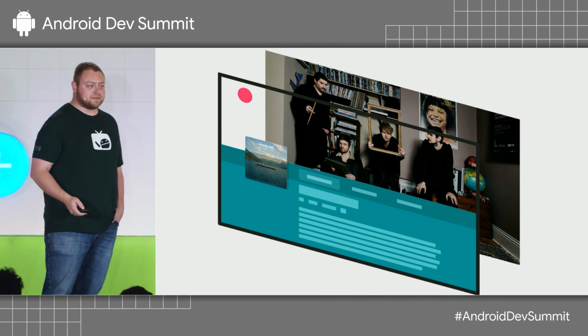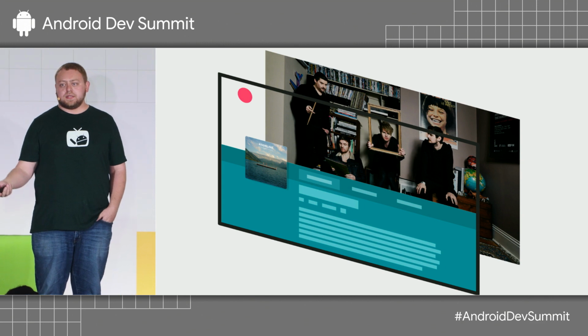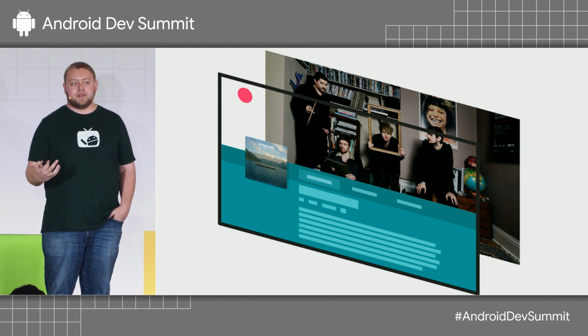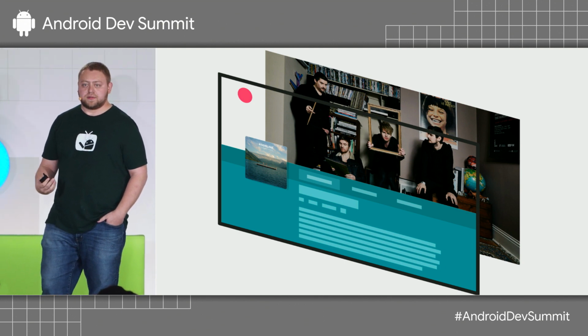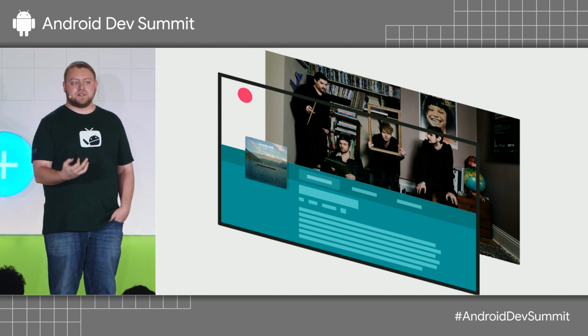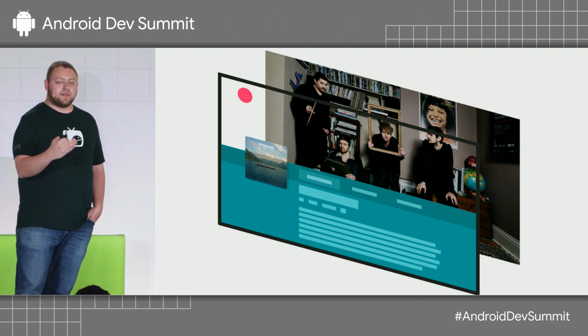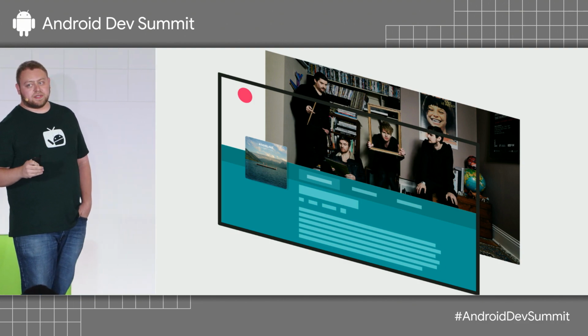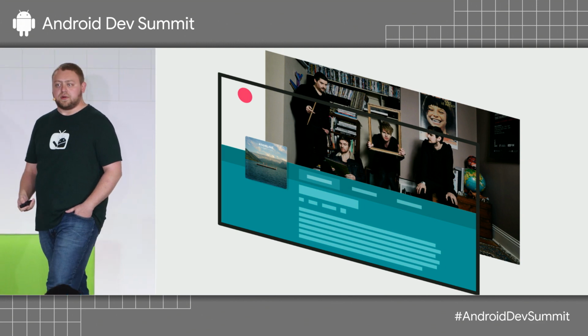There's tons of information. The cool thing about it is you can show it using leanback, but you can also show it in multiple other places on the home screen, in search. And by showing all this information sooner, it lets users make these micro decisions much faster, and they don't have to go in and out to figure out what they want to watch. So make your users' lives easier by showing them all this data sooner.